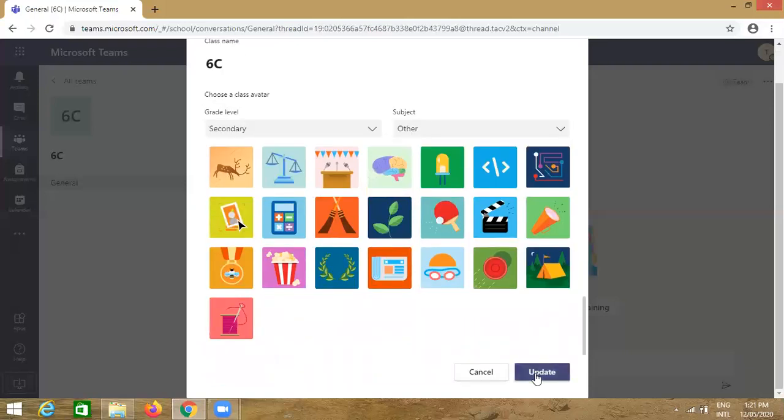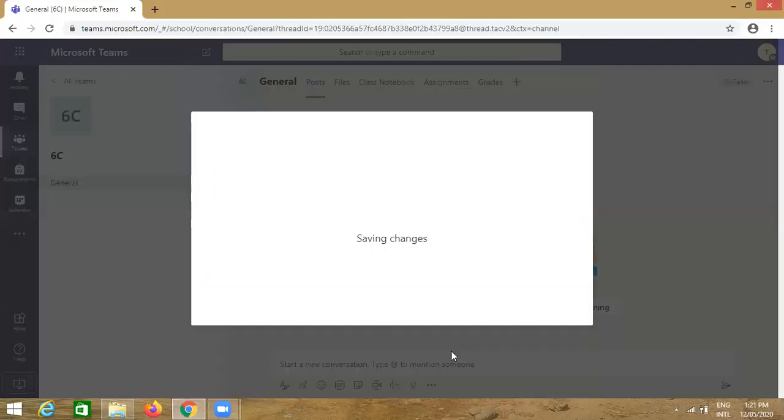At the end, there is update. So it is saving the profile of the team 6C.